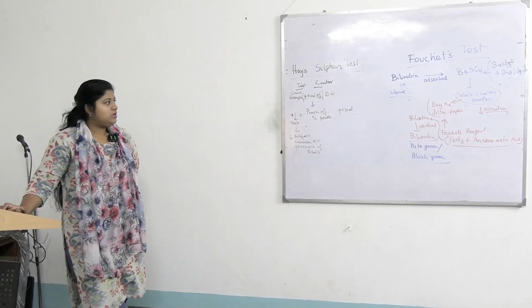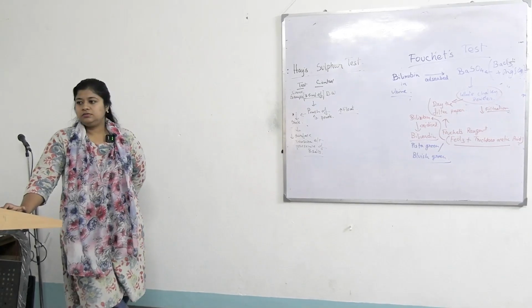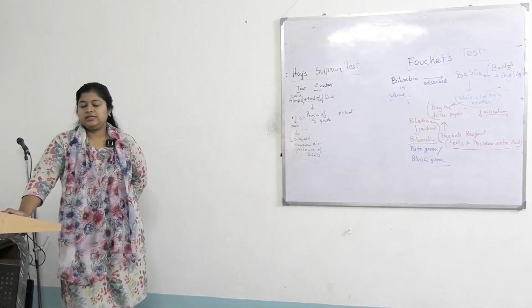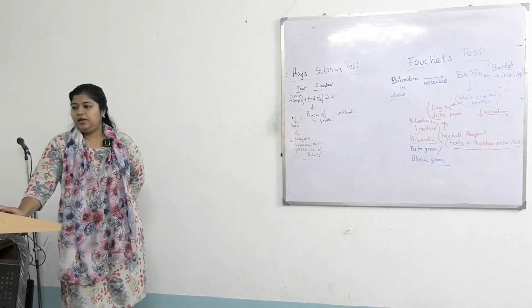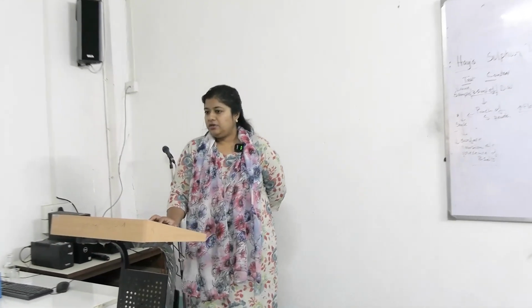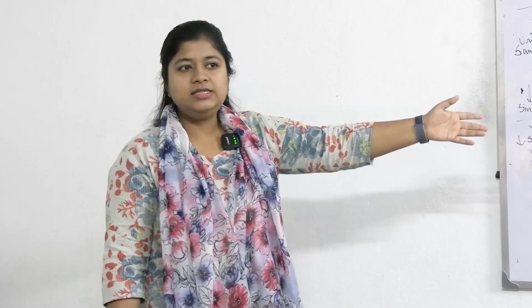So to jot down, we started from bilirubin, the major bile pigment present in our body. Bilirubin is the end product of heme catabolism. Biliverdin is an intermediate. In the process of forming bilirubin, biliverdin is produced and it is reduced to bilirubin. Now here we are using the opposite reaction. We are oxidizing bilirubin to biliverdin to get that green color.